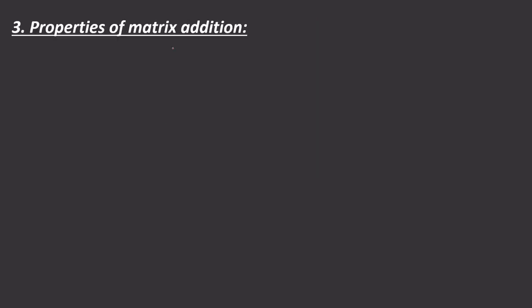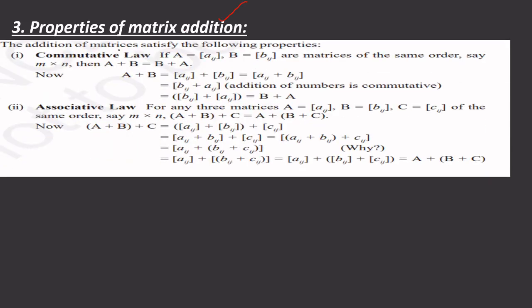Okay, now different types of properties of matrices in an addition operation. What is this? It is the commutative law and the associative law. There are two different laws, and we have to be aware of this. Like if you have a matrix A and a matrix B, and again B and A, then what is the meaning of it? A plus B has one answer, and B plus A equals C, then both the matrices have a similar answer.